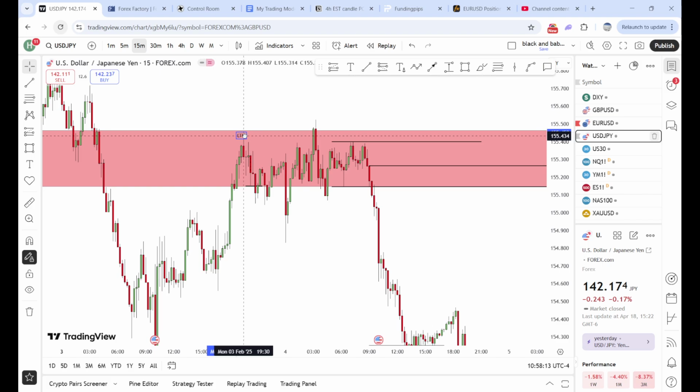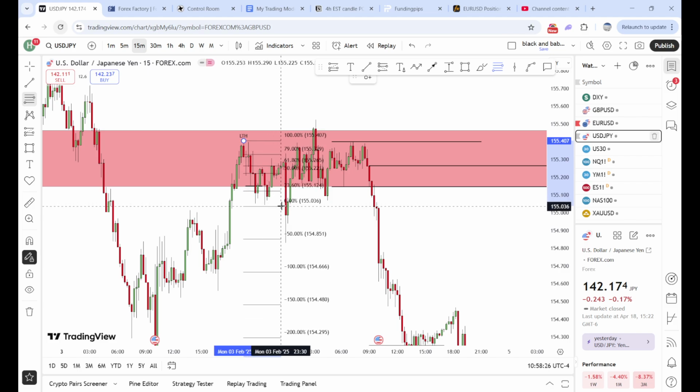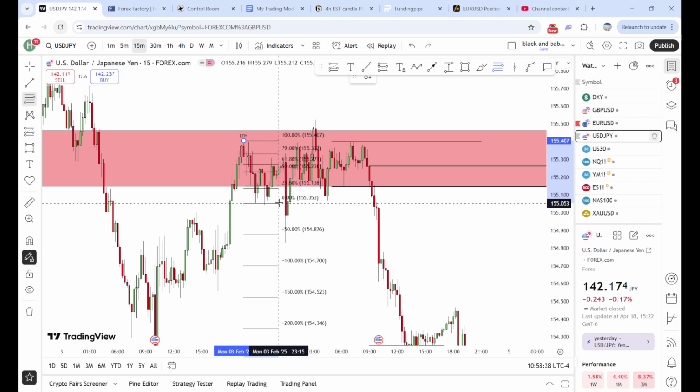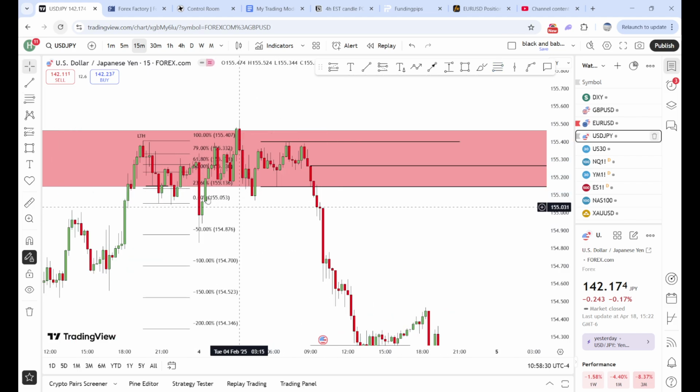Now, if this is a valid market structure shift, this long-term high should never be ran out. If you drew a fib level from here down to the market structure shift point, which is right here, you could argue that price gave you an entry opportunity because it came into premium price. And within that area, you have